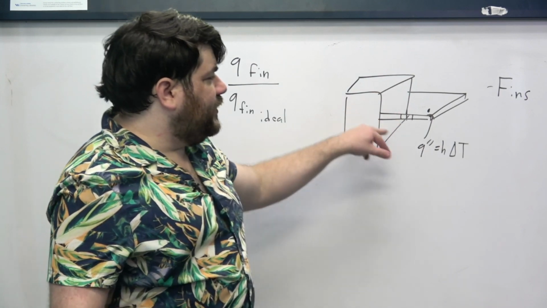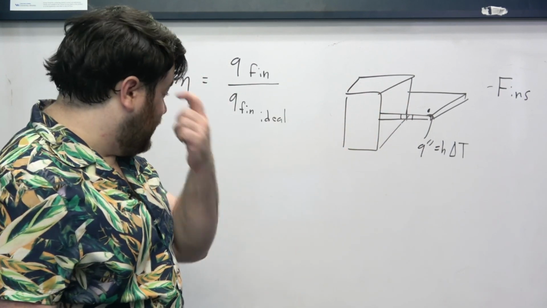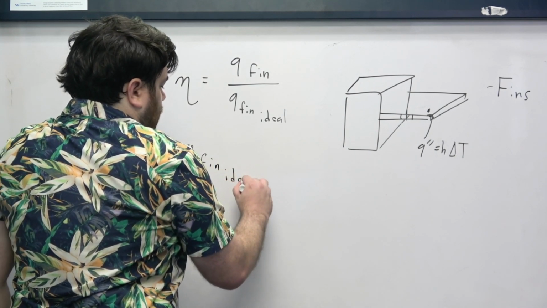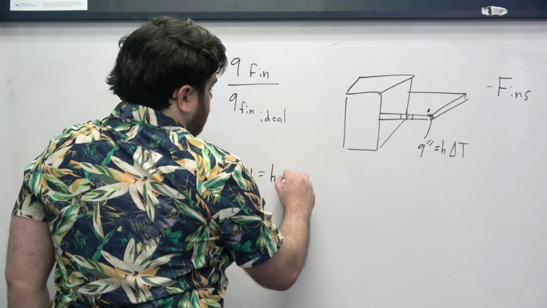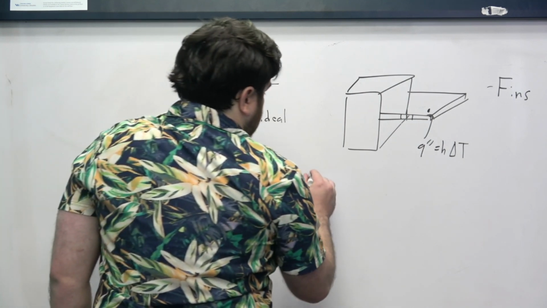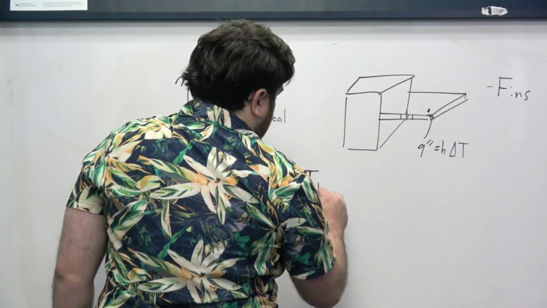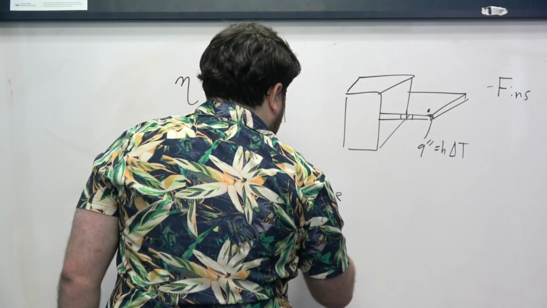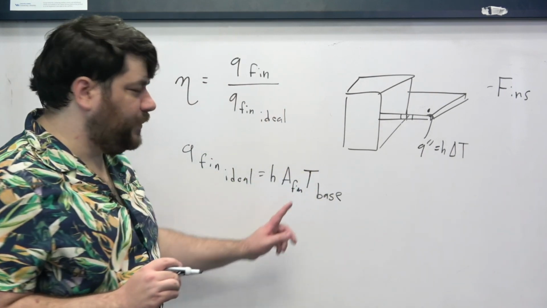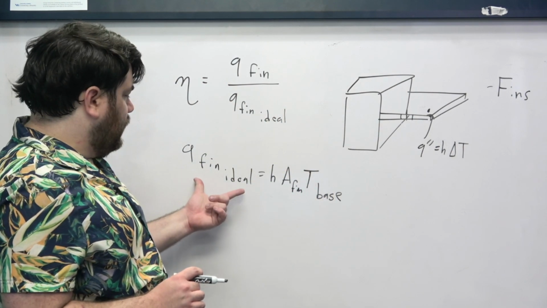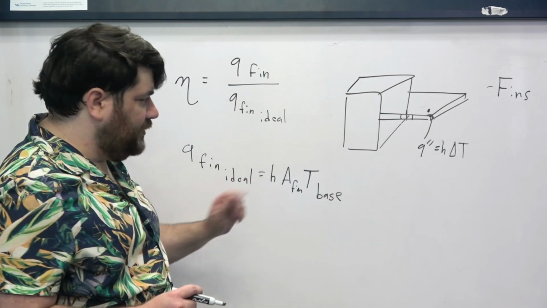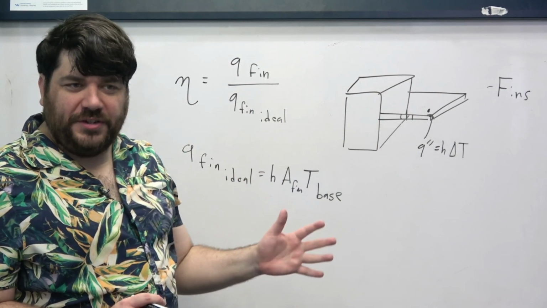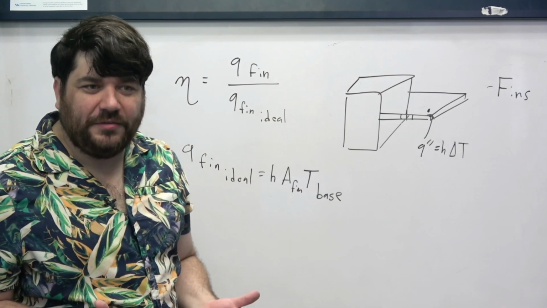Let's just pretend like the temperature on the fin is the same everywhere, and then define this Q fin ideal as being h times A_s times delta T of the base. Here we go. So this ideal heat transfer rate is the heat transfer coefficient times the area, the surface area through which heat transfer takes place, which is of course the area of the fin,